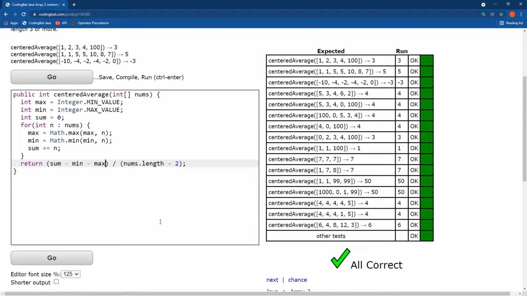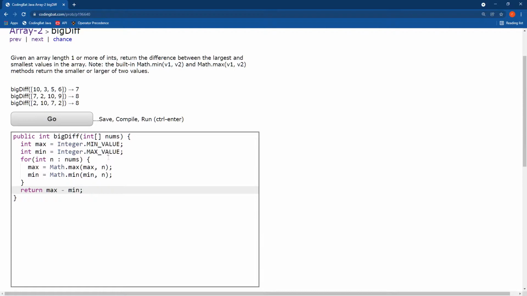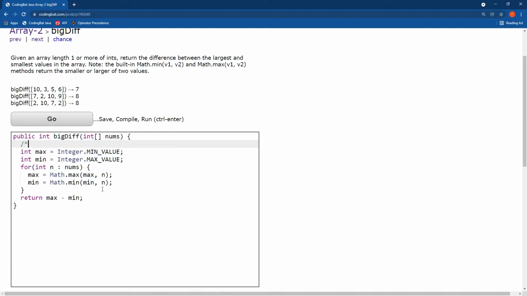Now, like I've done in the past, I'm going to show you something but not really explain it. So one other way to find the minimum and maximum value of an array, and I'm actually going to go back to the previous problem to show you this, is to, let's do this here. Let's put this in a comment. Okay, so one other way of finding the maximum value is to